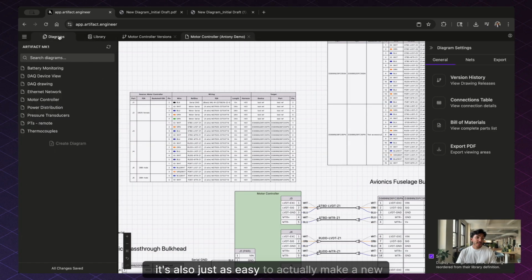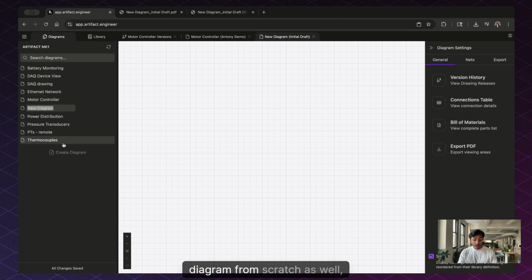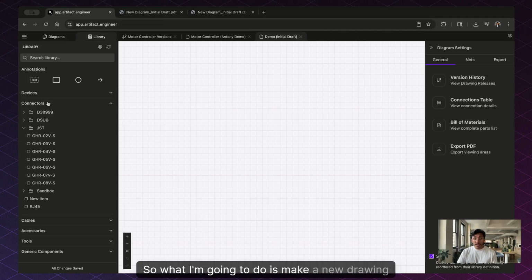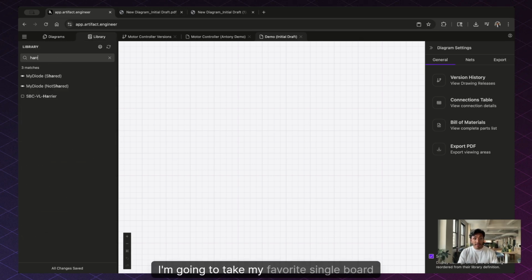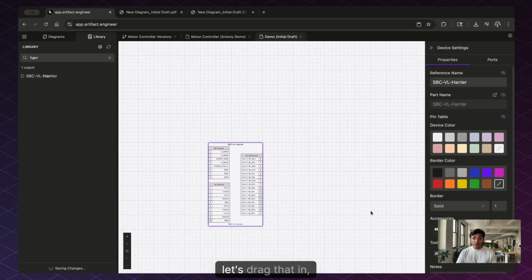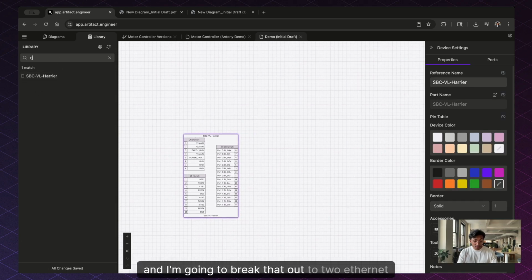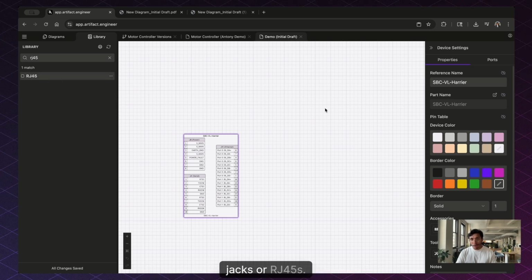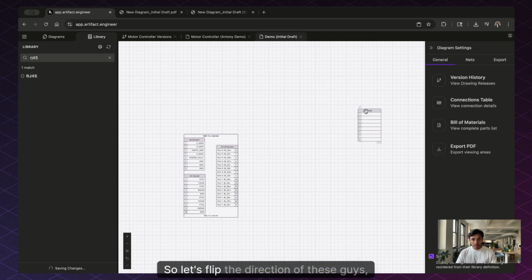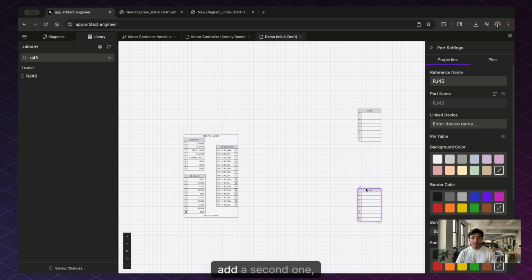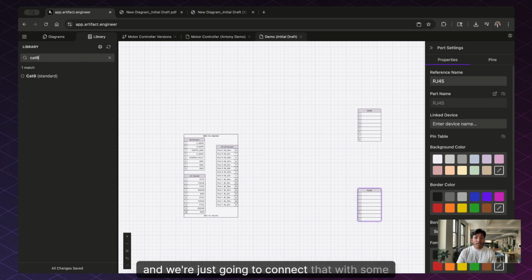It's also just as easy to actually make a new diagram from scratch as well. So what I'm going to do is make a new drawing here. I'm going to take my favorite single board computer, let's drag that in, and I'm going to break that out to two Ethernet jacks, or RJ45s. So let's flip direction of these guys, add a second one, and we're just going to connect that with some